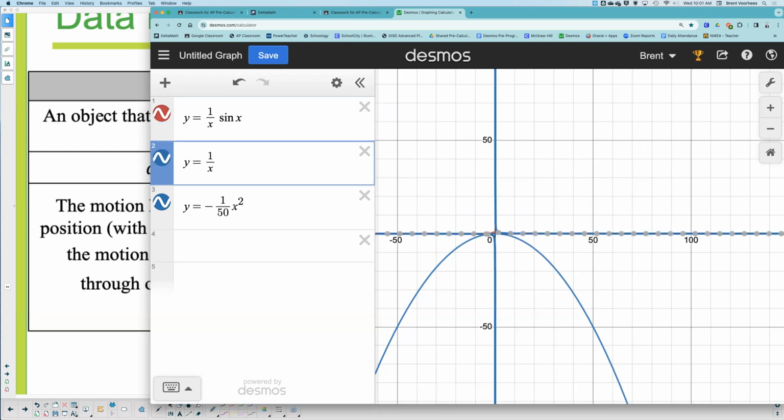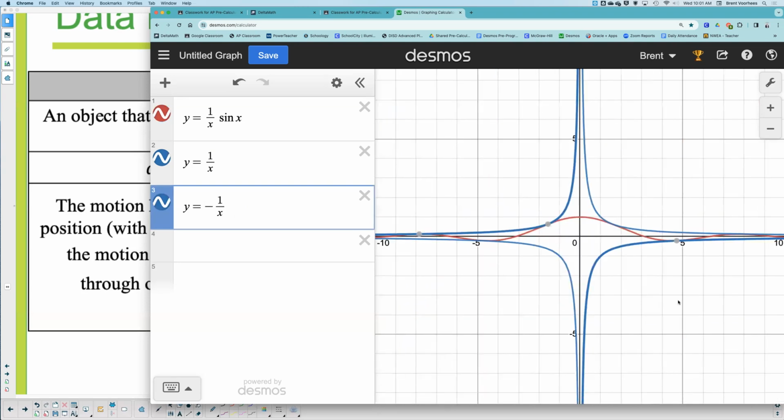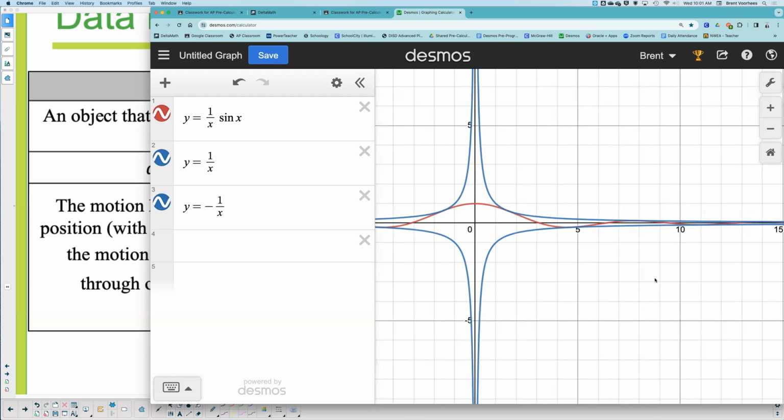Give me a second here. I gotta get my... Let's see here. Yeah, it would divert like that. Yeah. So that's